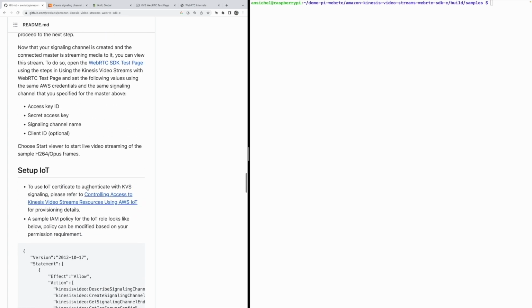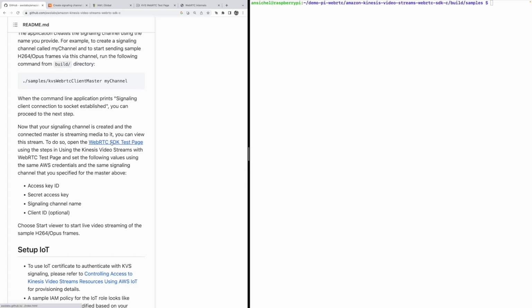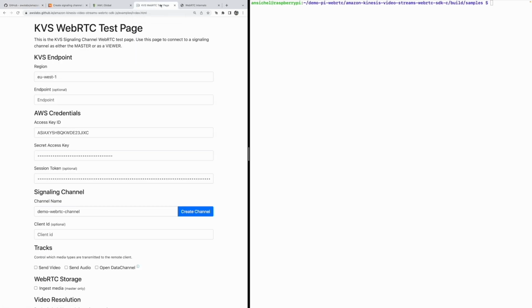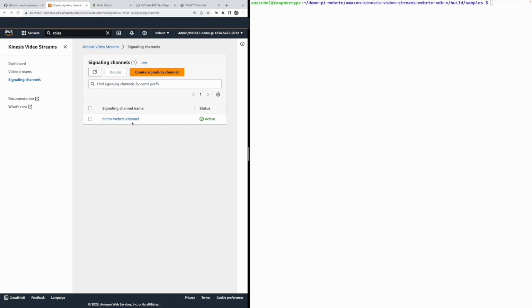And last but not least, it includes the reference, which I will show you in a second here. It includes the reference for the WebRTC SDK test page, which I've already opened here and configured from my side. Now, before moving ahead with the test, important is also to describe the channel that I've set up on Kinesis